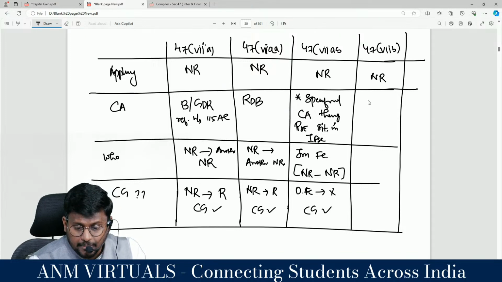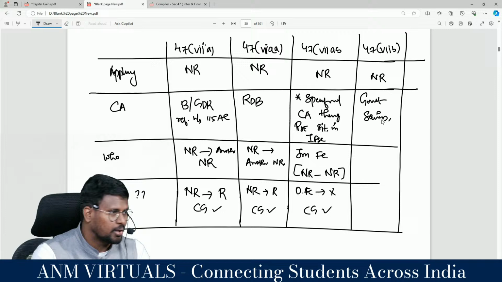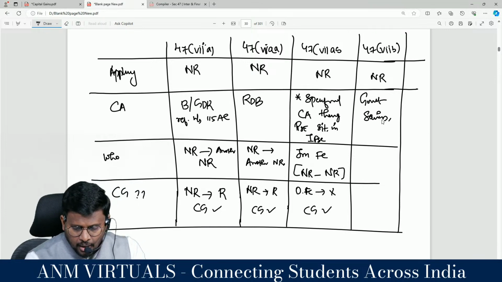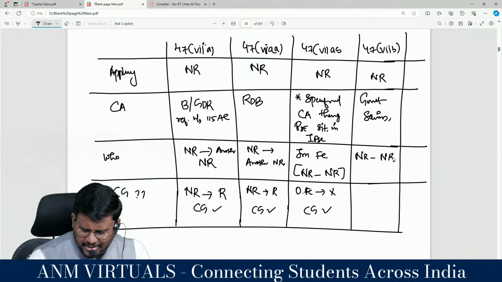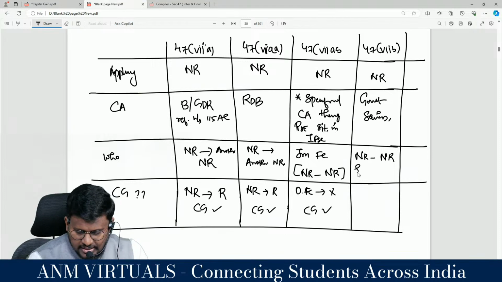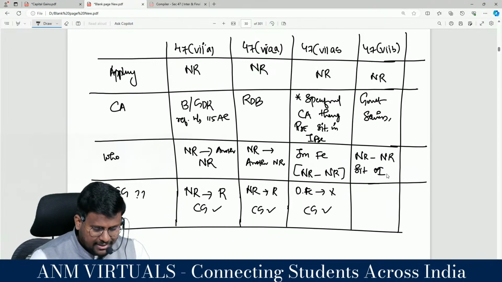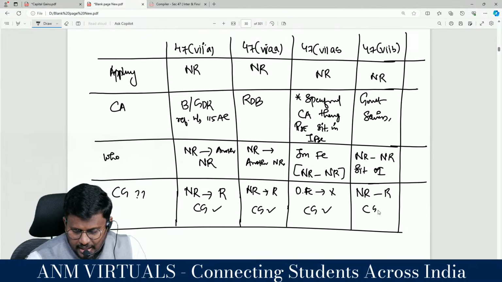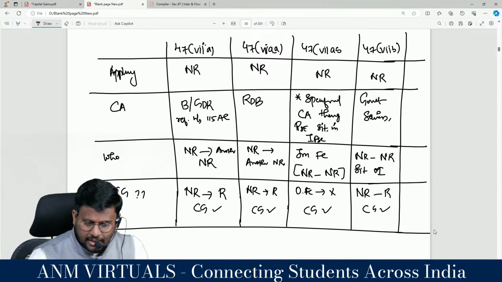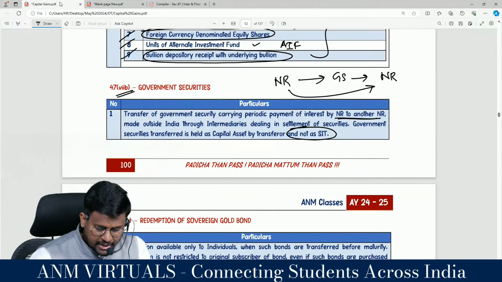What is the capital asset? Government securities. Sir, this one table actually summarizes everything, and before the examination, check and you can complete. Whom is this applicable to? From one non-resident to another non-resident. Clarity? Situated where? Outside India. And here, what gain? Capital gain. When will it be attracted? From one non-resident to resident, capital gain is attracted. Clarity? Yes, sir. I'm moving to the next clause.